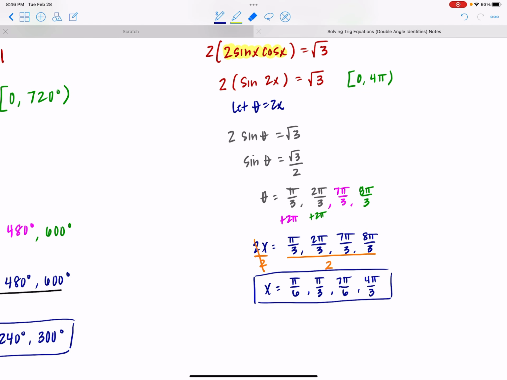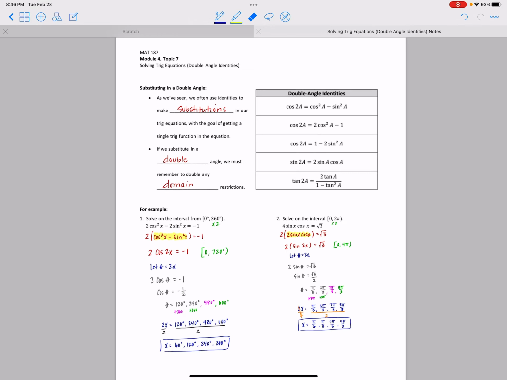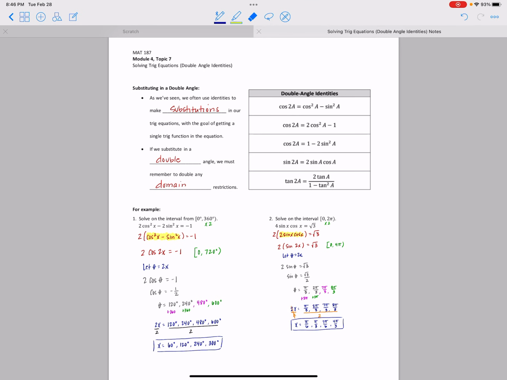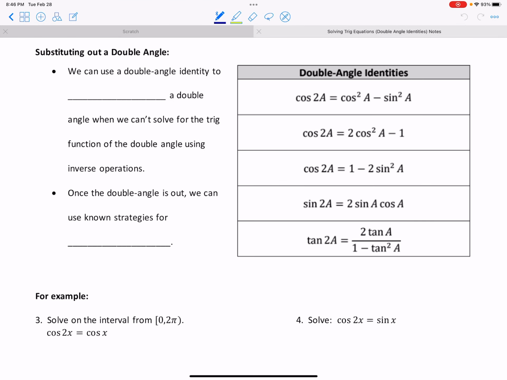All right, so that's one direction where we are actually using an identity to substitute in a double angle and then solving with the double angle in the equation. Now, sometimes we have to go in reverse, and that's what we're going to see in the next two problems. Oh, I'm like, why won't this go? It's because I had my eraser on. Sometimes we want to substitute out a double angle. So, for example, if we're looking at numbers 3 and 4,